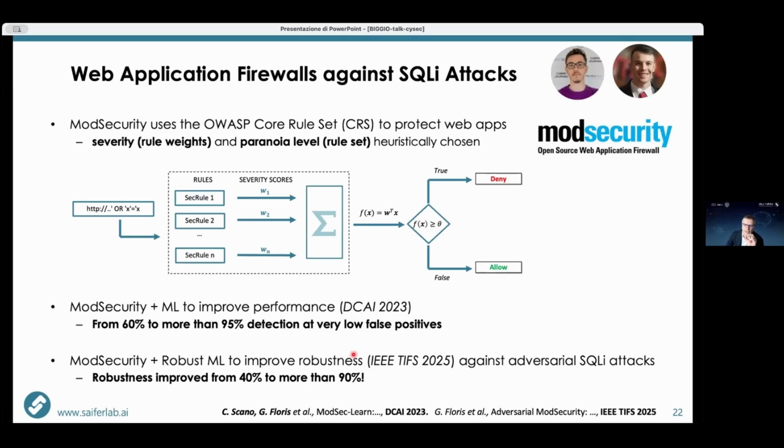So this is one of the few cases, I think, where the idea of having an accurate and robust system really works. Conversely, in contrast to the case of images or computer vision, where it's really challenging to find this sweet spot. So in these cases, in cybersecurity, I think we have more hope because the attacker is more constrained. It has fewer degrees of freedom to manipulate data. And this is, let's say, what you can exploit on the defensive side to improve the robustness of the overall system.